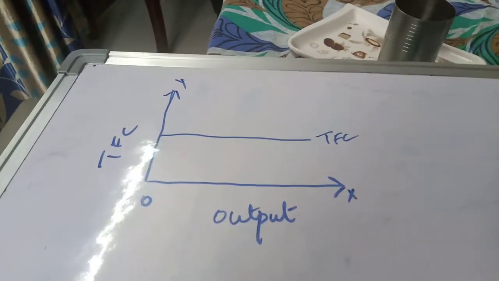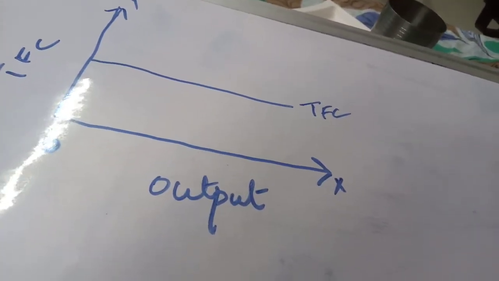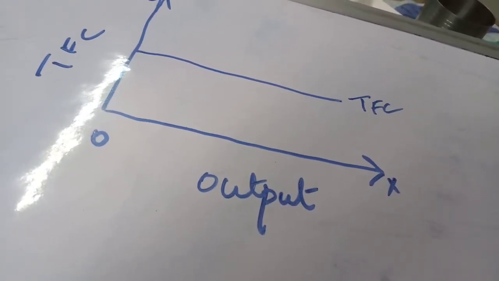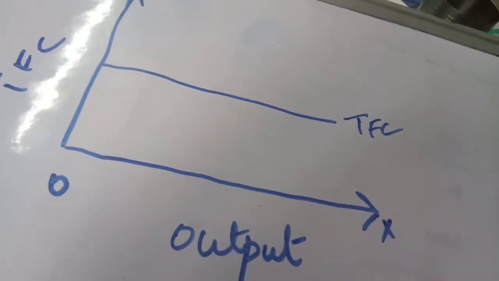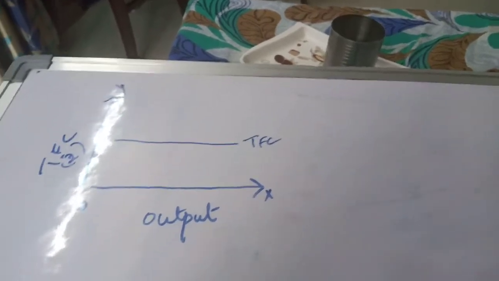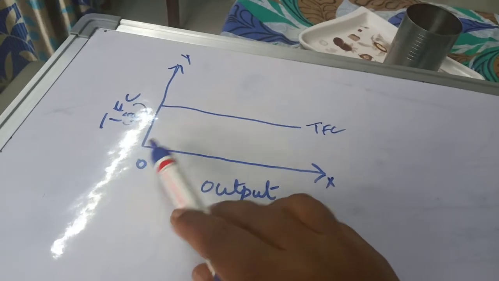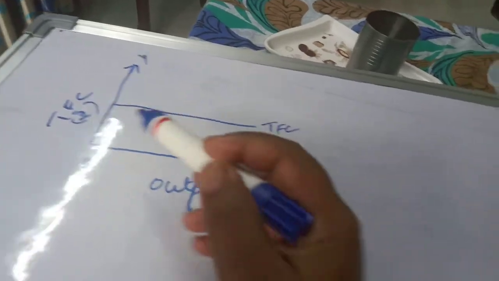In the last video, we had done the curve of total fixed cost, and we saw that whatever may be the output, the fixed cost remains the same. And because of this feature of the fixed cost, the total fixed cost curve would be parallel to the x-axis if on x-axis we put output, and on y-axis we put total fixed cost measured in rupees. So whatever may be the output, the fixed cost remains constant and same. Even if it is zero level of output, your fixed cost has to be incurred. So that was fixed cost.